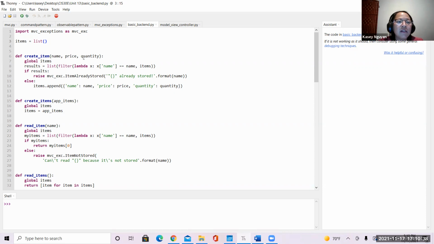Then we are going to define, first, create item. So it has to be able to generate some kind of data. With that, we're going to make sure that this is a global list, so we use the global keyword. For each of these, it's going to access the list. So the first part is we are going to